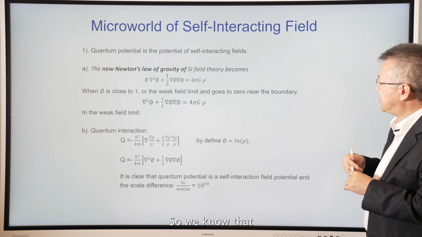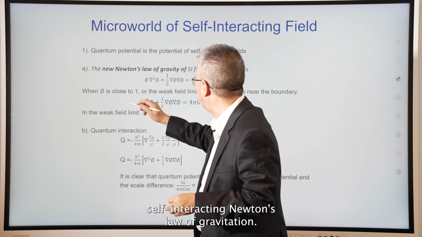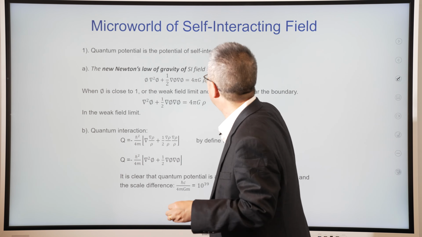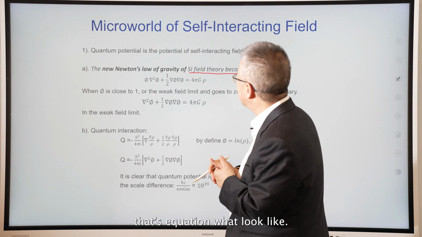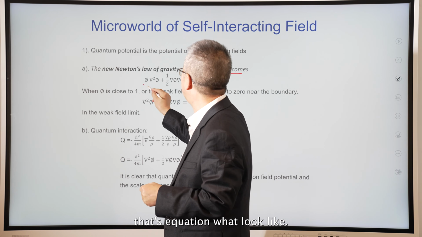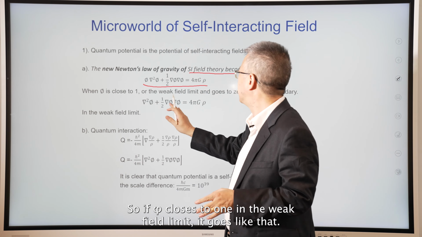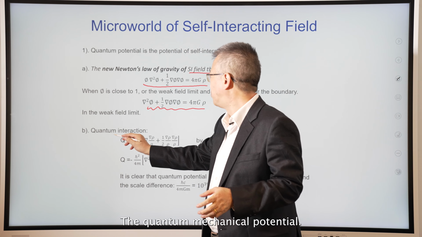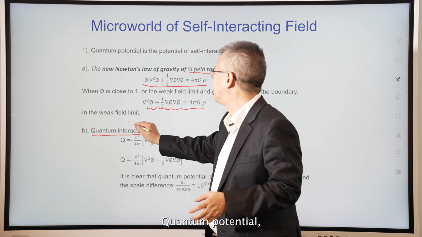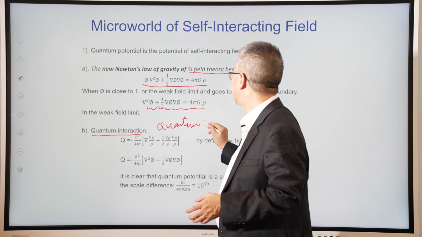So we know the quantum potential, the self-interacting Newton's law of gravitation, or Newton's law of gravity as an SI field, that's the equation, what it looks like. If it's close to 1, in the weak field limit, it goes like that. The quantum mechanical potential, the quantum potential,